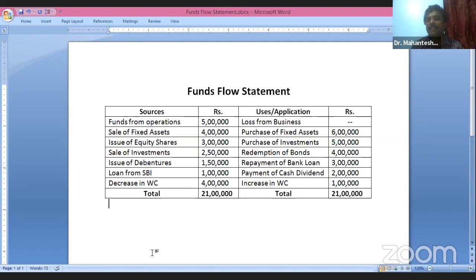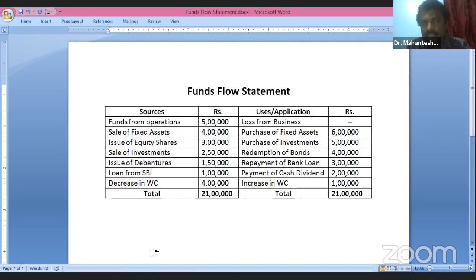All right, now at any given point of time, the sources in the funds flow statement will be exactly equal to the uses or the application. Like your balance sheet tallies at all times, your fund flow statement will also tally all the times by default. What this tally means is, you need to look at how the funds have been generated, the manner in which the funds are generated. 21 lakhs or, say, a round figure of 20 lakhs, about